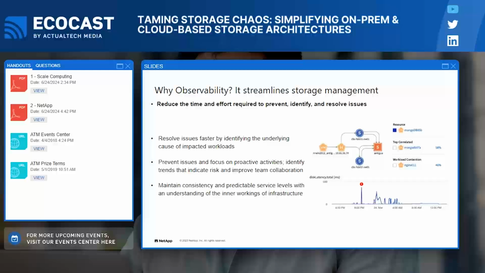Cloud Insights monitoring and observability is the ultrasound of the data center. It goes beyond what's on the surface to provide end-to-end visibility, to string all those pieces together to help you understand what your applications are comprised of, what's in contention of a shared resource, and how you can maintain consistent and predictable service levels. This allows our customers to be proactive and respond before there's a major incident. We provide insights into health, risk, and efficiency.